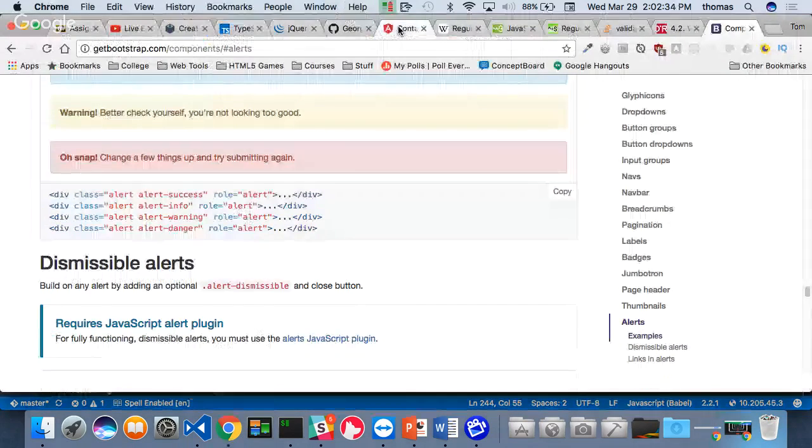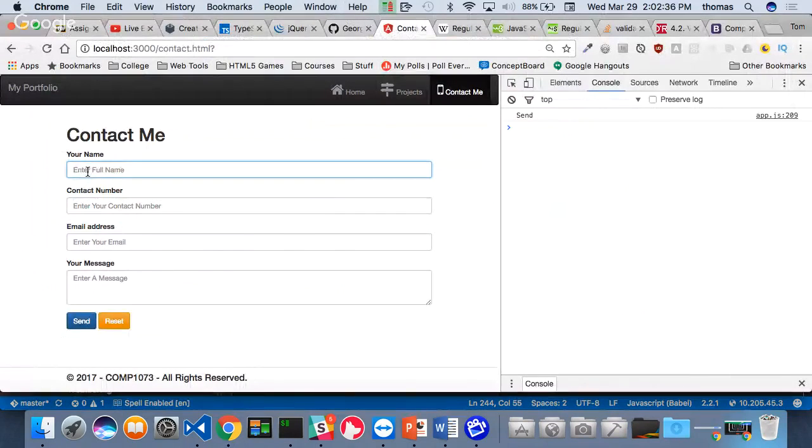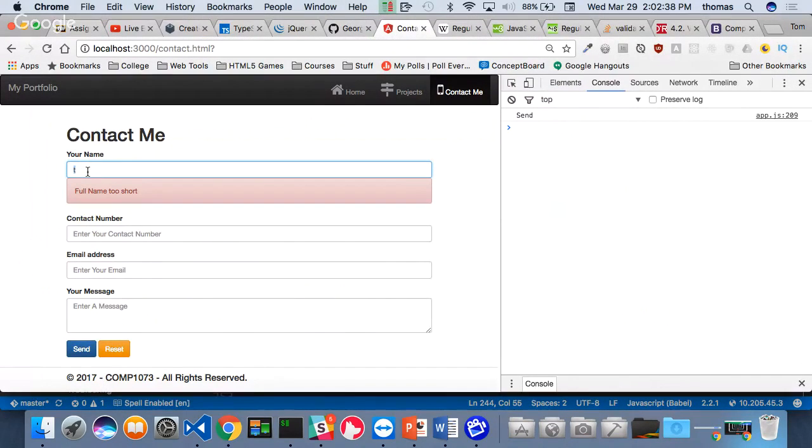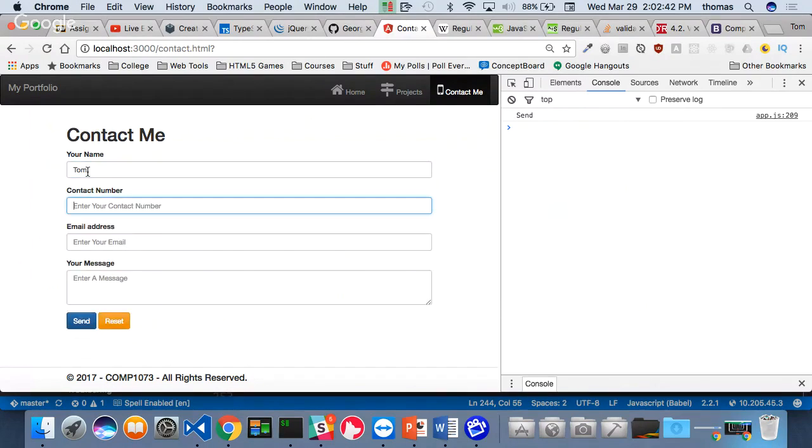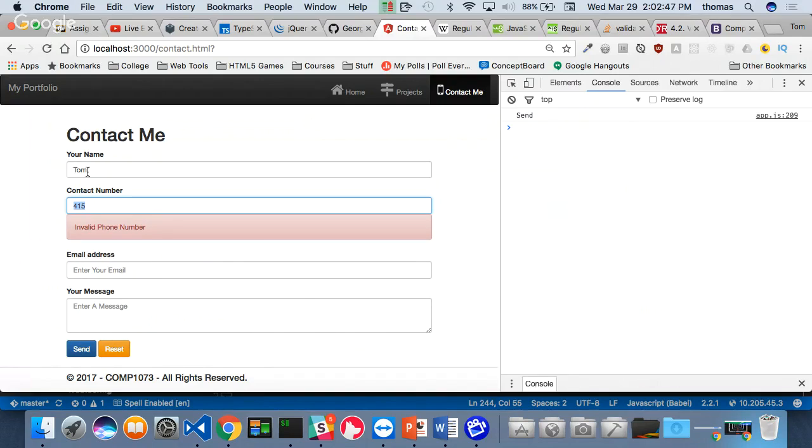Going back to here, we're going to try this out. We're going to say T, bam, full name too short, right? So I go in there and type Tom, right, and the error goes away. Contact number, 416, bam, invalid phone number. 415, right? Let's see if I can put in 416 space 555 space 5555. Is that okay? And the answer is no, because in our equation, you need to have a dash or a dot,